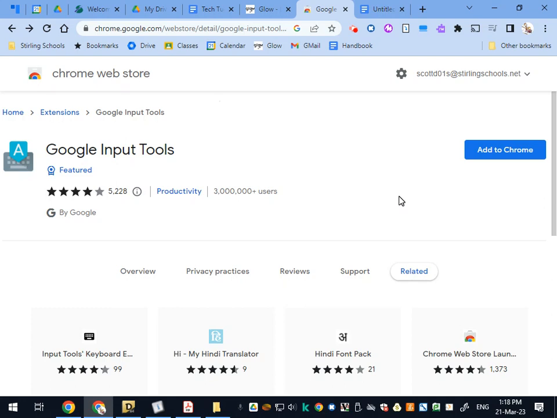Hi folks, in this week's tech tip we're going to have a look at an accessibility tip specifically for pupils who have English as an additional language, and quite specifically for those who need to type using a keyboard input which has maybe a different alphabet. I'm thinking quite specifically here of an example which would be our Ukrainian pupils who quite often will have to